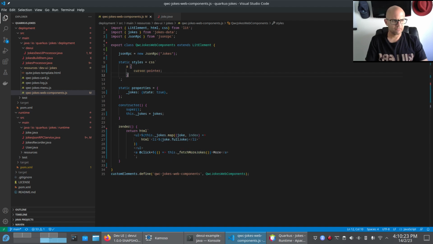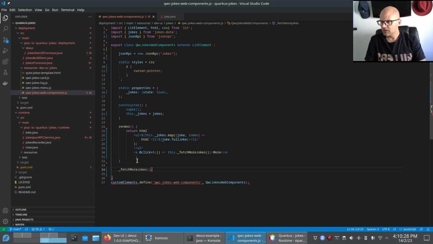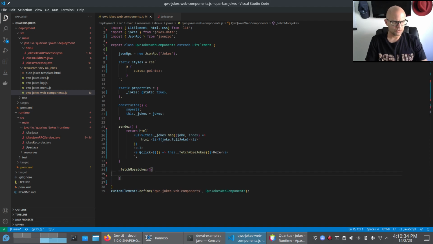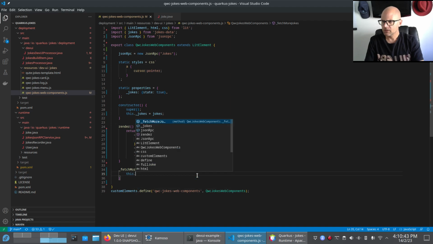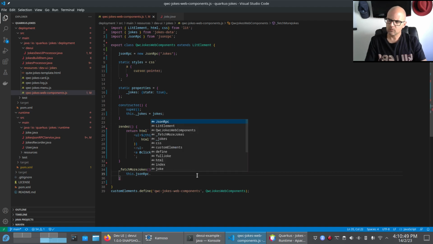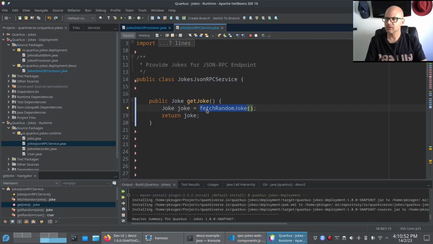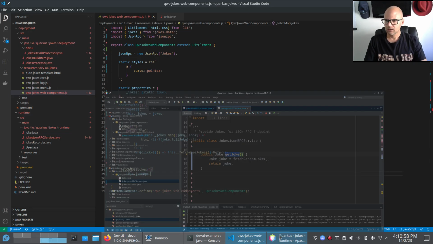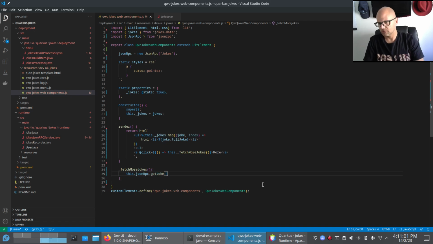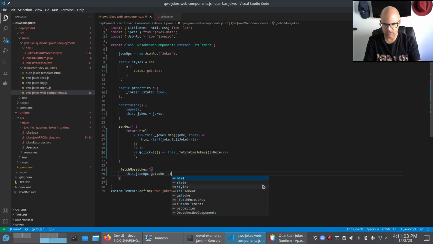Now we need that method that fetches more data. So we'll create a method here, fetchMoreData. Now this is where you can use your JSON RPC. So you can say this.jsonRPC, and now you can call the method as it is on here. That method there, I will put in here, .getJoke, and what it returns is a promise. So then you can say then,